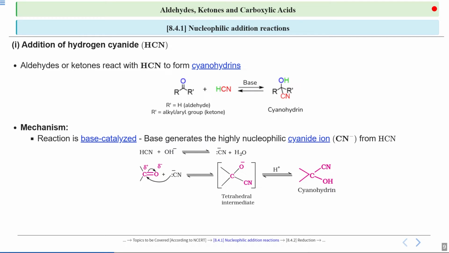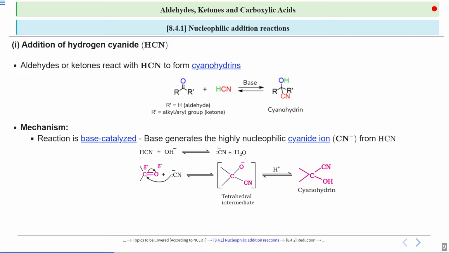So when the cyanide CN minus adds to the carbonyl group, the double bond electrons shift to the oxygen. So the oxygen gets a negative charge. If you look at the tetrahedral intermediate, you get an intermediate known as an alkoxide ion. Over there you will see that oxygen gets a negative charge. And the negatively charged oxygen picks up a proton and forms a new bond, resulting in cyanohydrin. So the final product which you get is cyanohydrin.